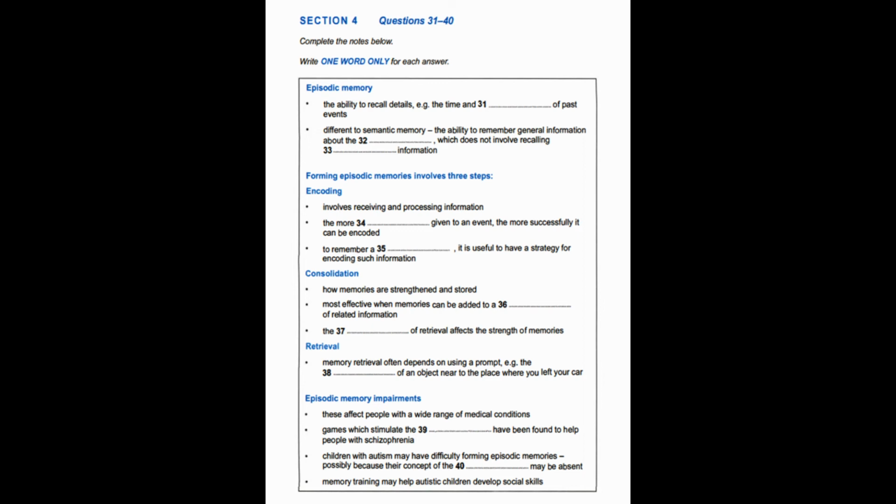Episodic memories can help people connect with others, for instance by sharing intimate details about their past, something individuals with autism often have problems with. This may be caused by an absence of a sense of self. This is essential for the storage of episodic memory and has been found to be impaired in children with autism. Research has shown that treatments that improve memory may also have a positive impact on children's social development. One study looked at